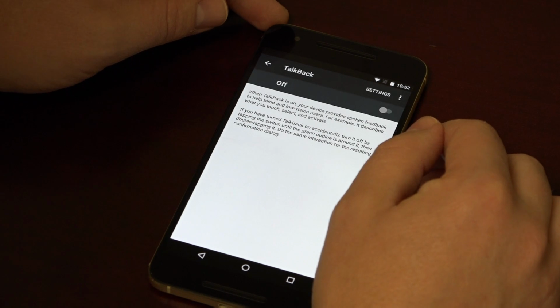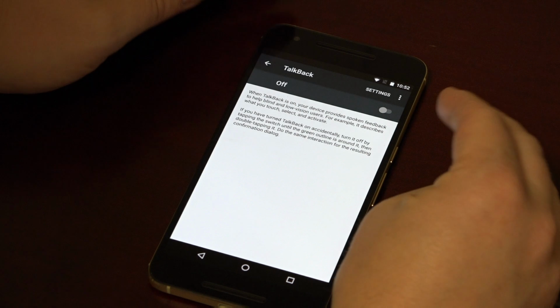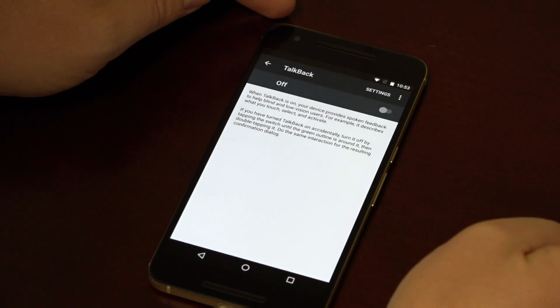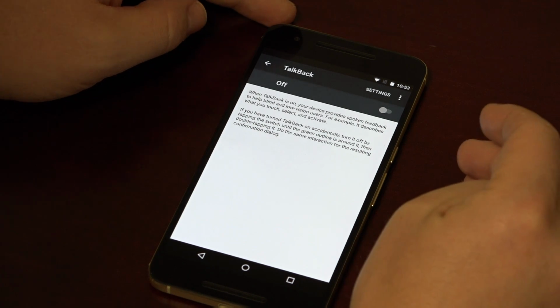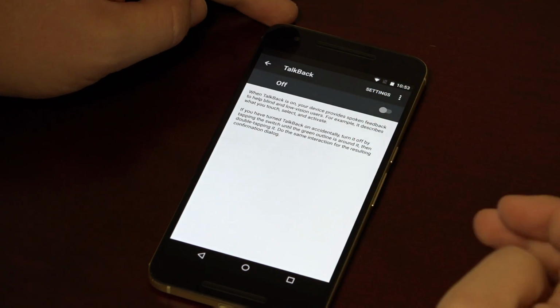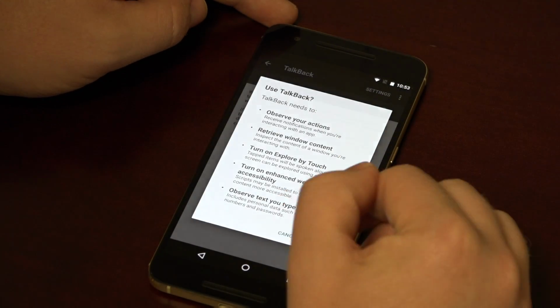So what happens is somebody might accidentally turn on the accessibility, and the way you navigate the phone is very different than if accessibility, the screen reader, was off, and all of a sudden they get stuck in it and don't know how to get out of it. So they kind of give you that feedback there. So I want to go ahead and use TalkBack,